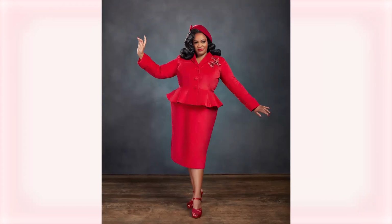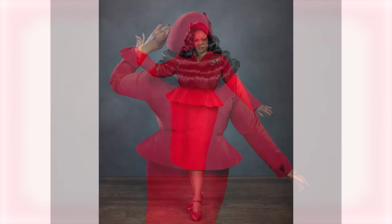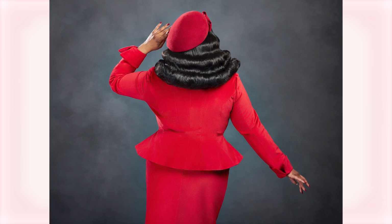Today, we're going to be showing you how to sew the Lillian Jacket, which is one of the patterns included with the book. This is a fabulous, classic 50s style peplum jacket based on the designs of Lilli Ann, a hugely collectible vintage brand. This jacket has a lot of classic but advanced techniques. So you're gonna see that it has 12 panels and it has a really shaped peplum, a beautiful shawl collar, and bound buttonholes. So it's a bit of a challenge, but it's well worth it, and definitely take your time